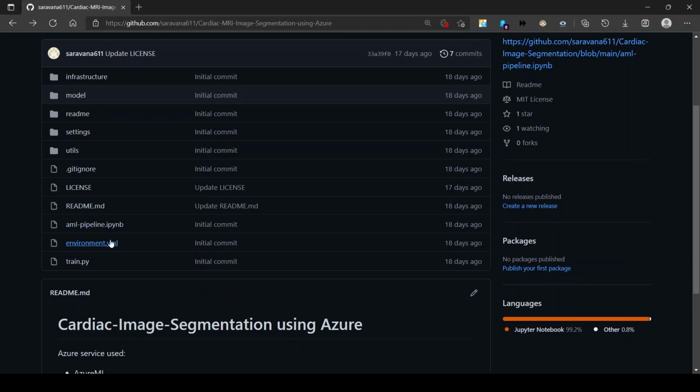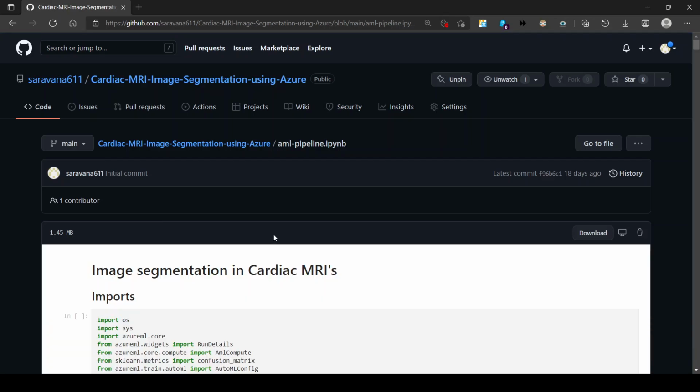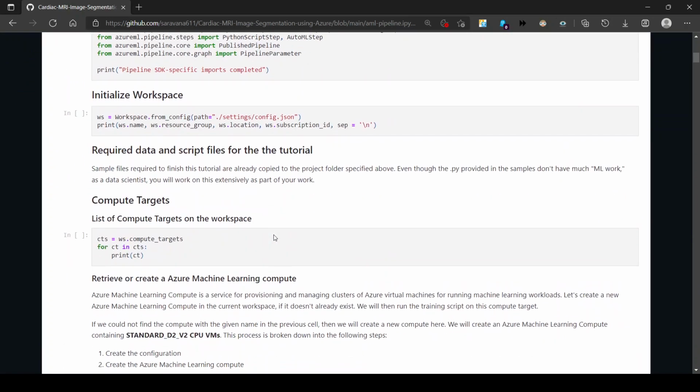So first, this is my Jupyter notebook file. I am just going to show it to you. This is the Jupyter notebook file, and it is the implementation. My project is fully in the Jupyter notebook file. So you can see this is my Jupyter notebook file,